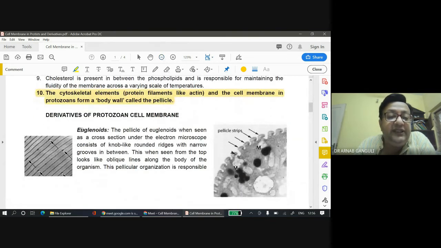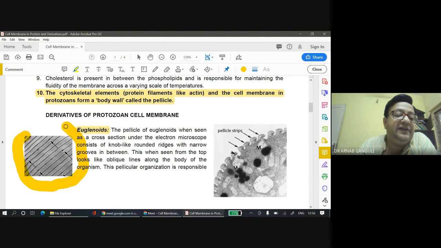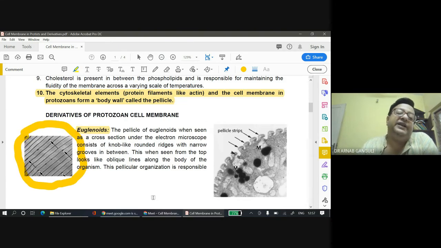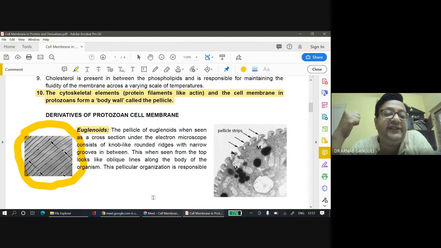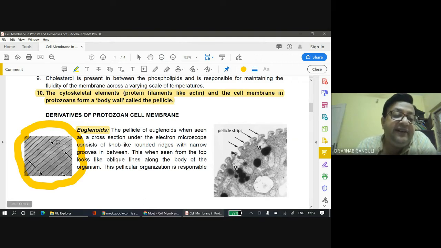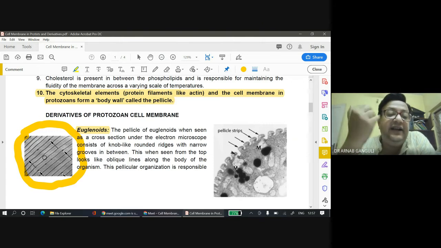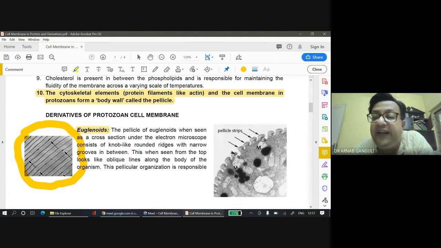Now let us see what is in euglena or euglenoids. In euglenoids, have a look at this picture. If you look at the surface of a euglena under an electron microscope, you will find ridges like this, these lines running obliquely. And if you go to a cross section, if you cut a euglena and look under the electron microscope, you will find these knob-like structures, door knobs,